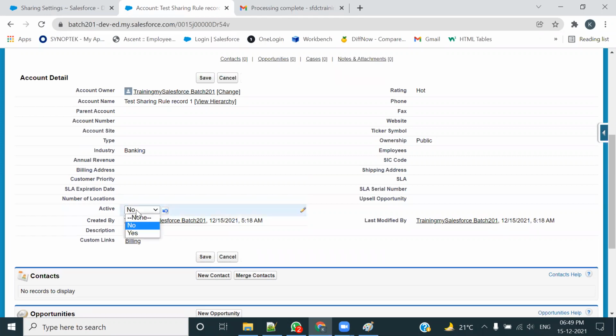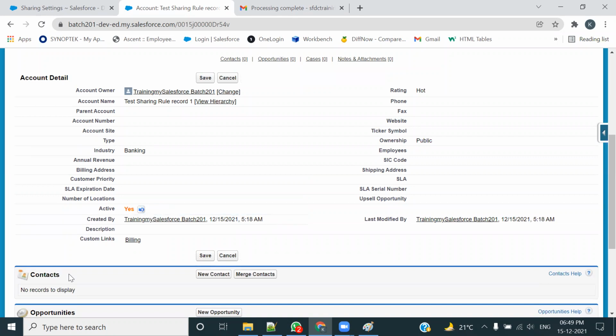अब मैं पॉजिटिव टेस्टिंग करता हूँ। अब मैं यहाँ पे कुछ एडिटिंग करता हूँ। आई मेक दिस यस। अब सारी चारों कंडीशन सेटिस्फाई हो रही है। इंडस्ट्री क्या है? बैंकिंग। रेटिंग क्या है? हॉट। ओनरशिप क्या है? पब्लिक। एक्टिव स्टेटस क्या है? यस। अब ये चारों कंडीशन, अब मैं सेव करूंगा इसको।